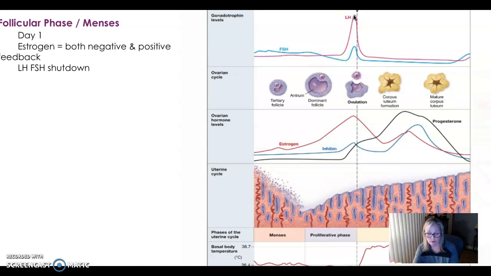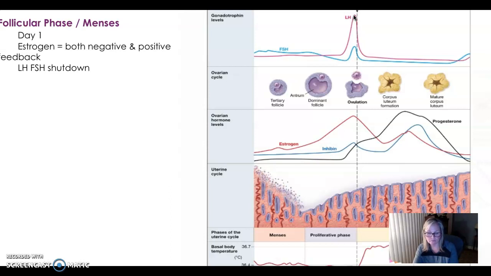The luteinizing hormone is really important. It triggers chemical signals that cause the oocyte to mature and become a secondary oocyte, increasing in size in preparation to be released from the follicle. So now it's going to be a mature egg and released into the